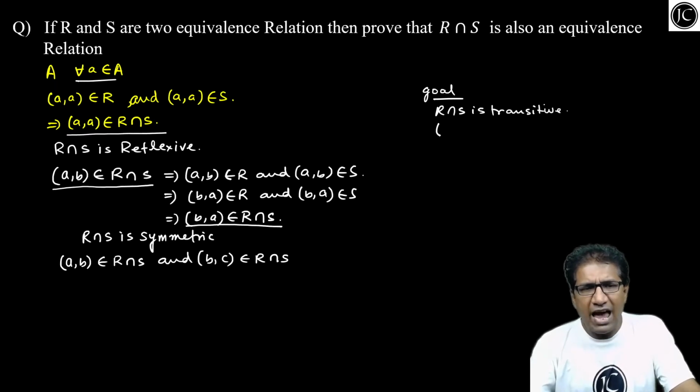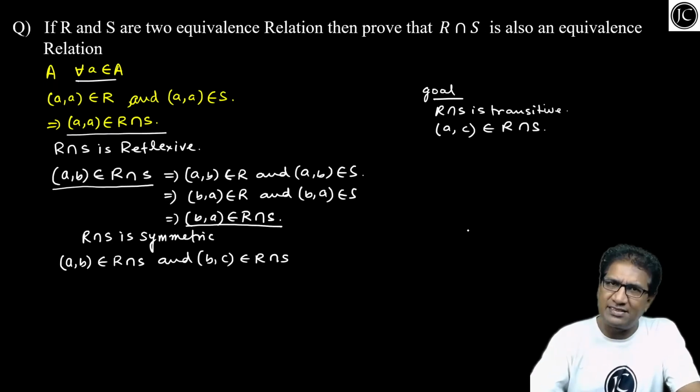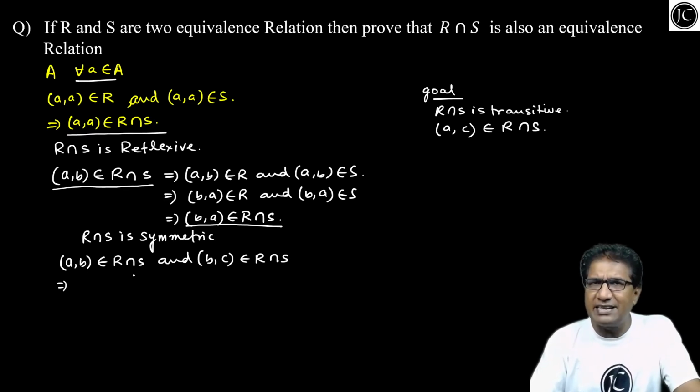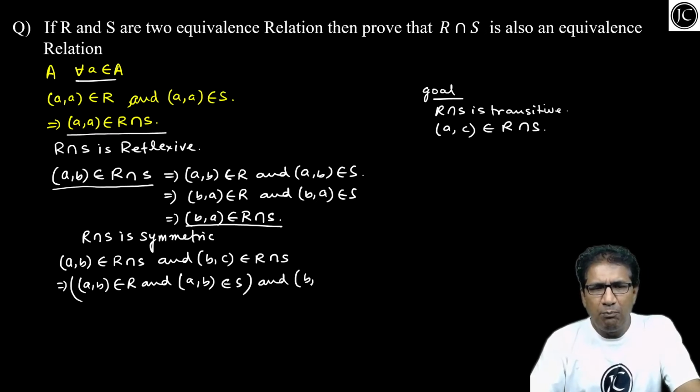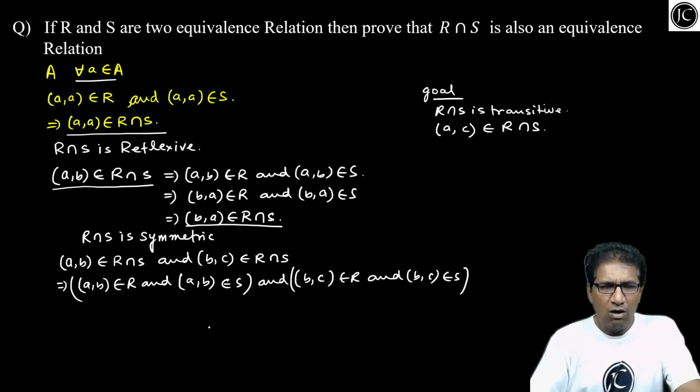What is our goal? We have to prove that A comma C also belongs to R intersection S. ठीक है? तो इसके लिए हम लोग क्या करेंगे? देखो, A comma B belongs to R intersection S. इसका मतलब हुआ A comma B belongs to R and A comma B belongs to S and B comma C belongs to R and B comma C belongs to S. Is it clear? Okay. अच्छा, देखो बच्चों, ऐसे लिख सकते हैं हम लोग, A comma B belongs to R and